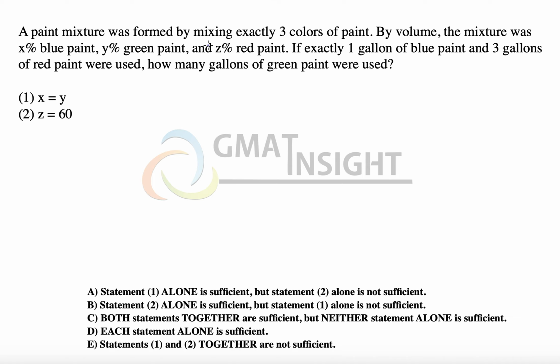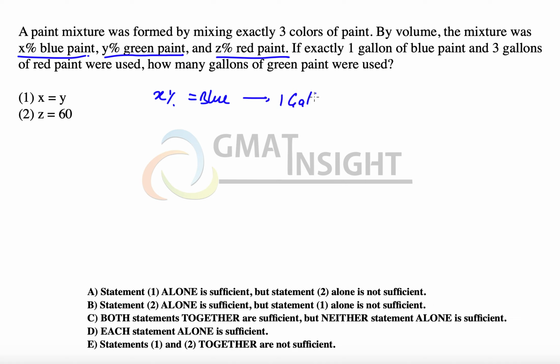A paint mixture was formed by mixing exactly 3 colors of paint. By volume, the mixture was X% blue paint, Y% green paint, and Z% red paint. If exactly 1 gallon of blue paint and 3 gallons of red paint were used, how many gallons of green paint were used? So we know that X% is blue paint and we have used